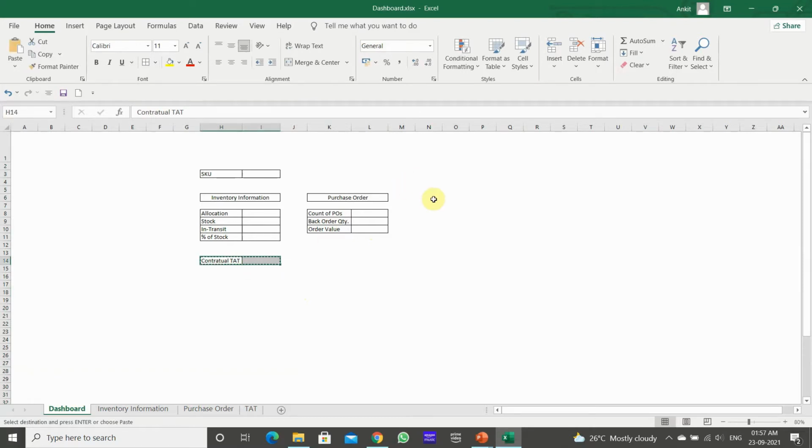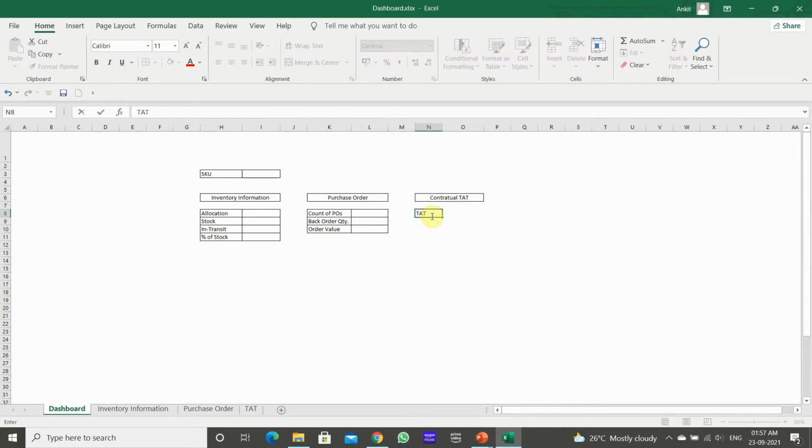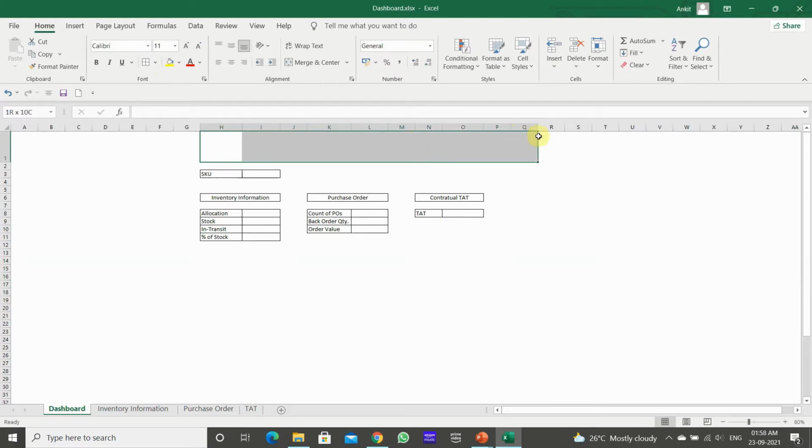And you can write contractual TAT here. Okay, and we can give the title of the dashboard, SKU dashboard, here.